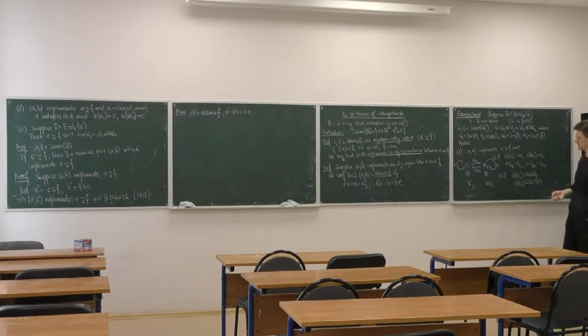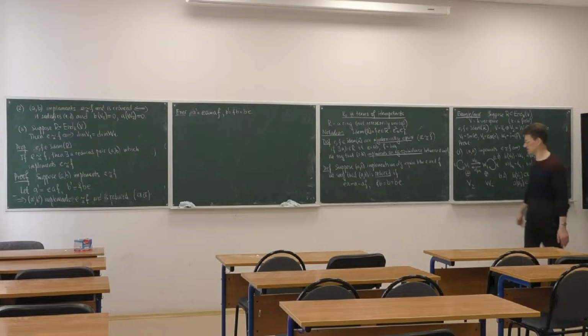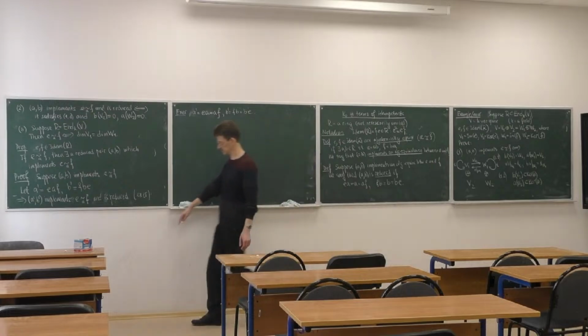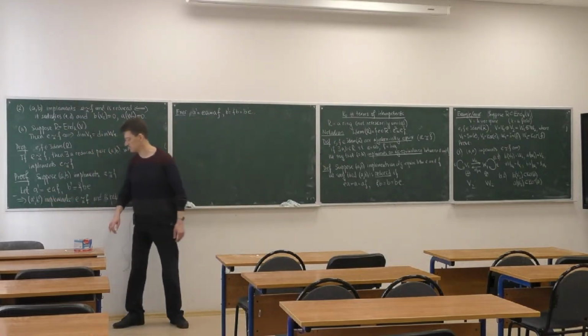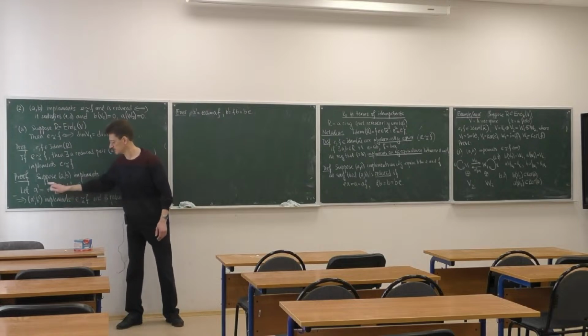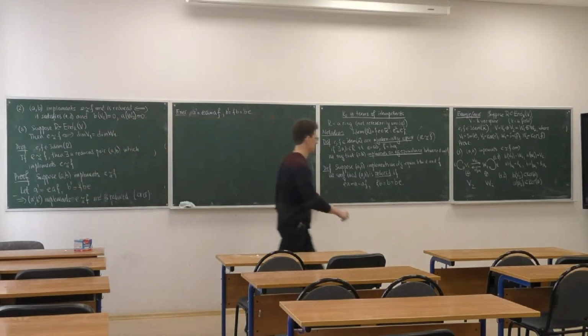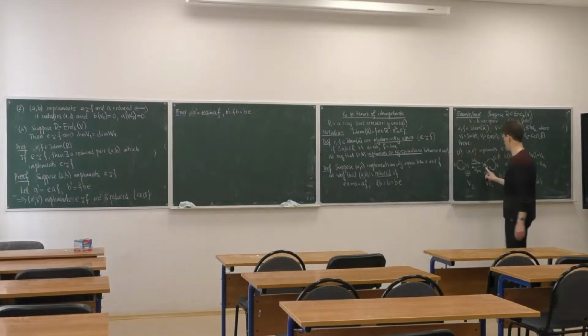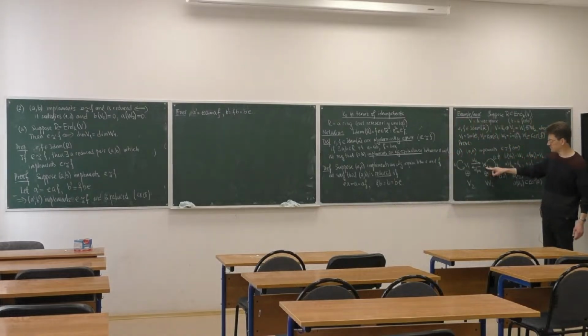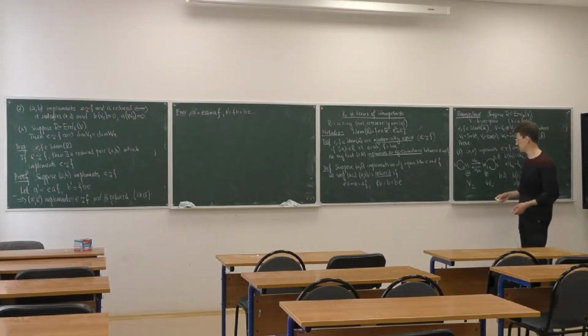So we start with any pair, which implements an equivalence between E and F. So it satisfies conditions 1.1 and 1.2. So what do we do when we replace this pair by the respective pair A prime, B prime? This formula, EAF, means that we don't change A on W1, but we force it to be 0 on W2. So here it is the same as it was before, and here we force it to be equal to 0. And similarly for B, when we multiply B by E on the right and by F on the left,